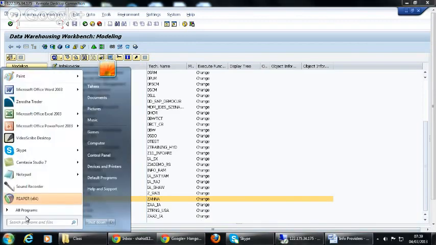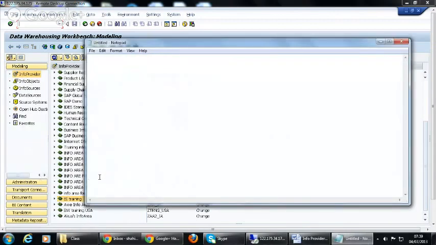And you can see here, you have InfoCube 1, and then you have InfoCube 2.